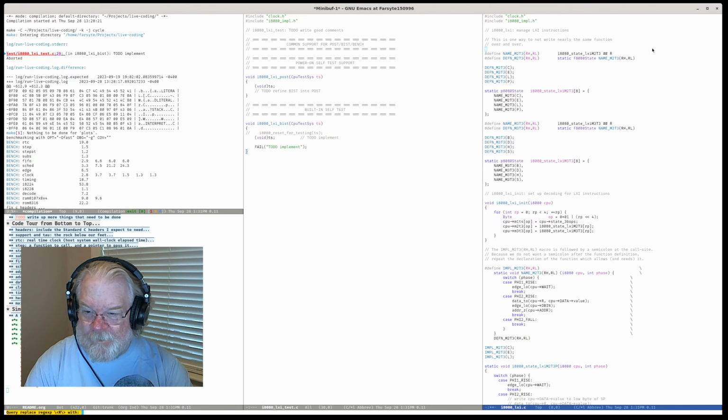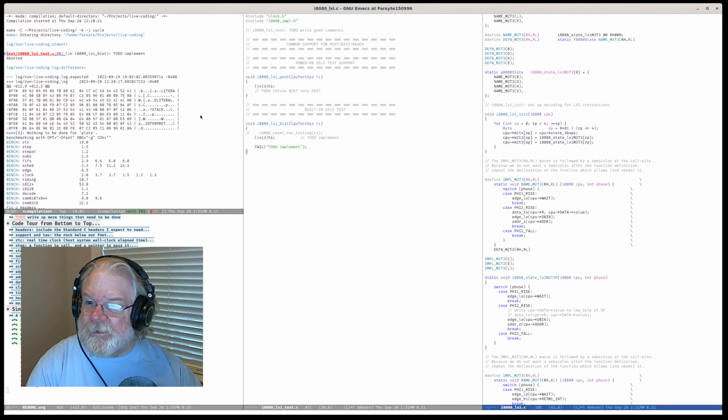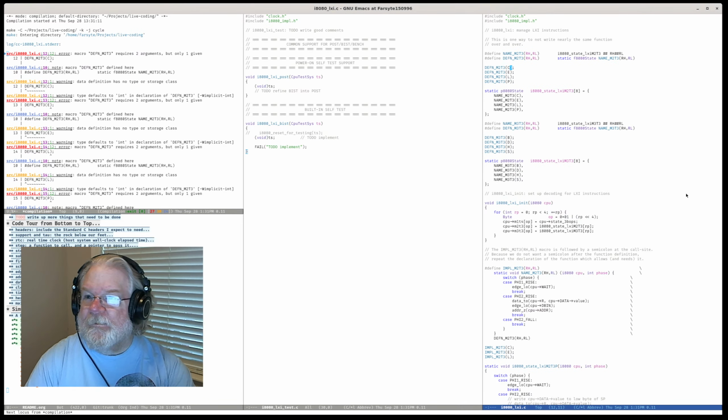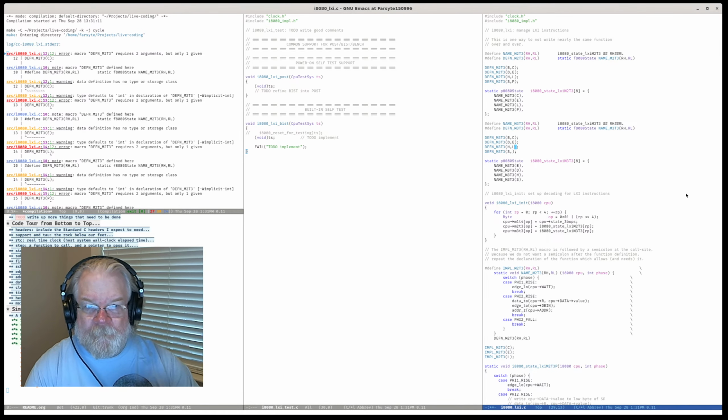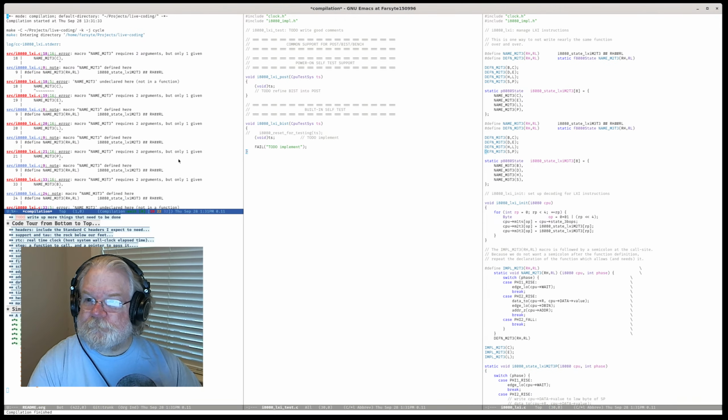So we're going to now change R to RH, token paste RL. And now where we use it is going to be a syntax error. And B, comma C, D, comma E, H, comma L, S, comma P. Same thing here. Oh, come on.